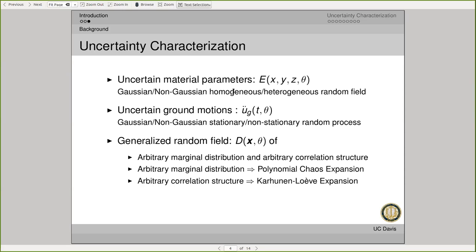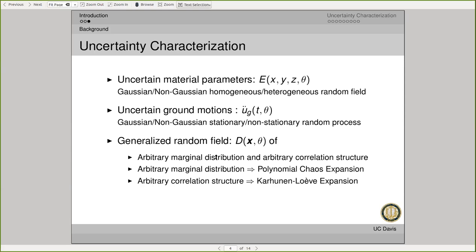We found out that both of these uncertain material parameters and these uncertain ground motions can mathematically be represented by a generalized random field, where you have a generalized coordinate system that can be either in the spatial domain or the temporal domain, and we need to quantify both the arbitrary marginal distribution and arbitrary correlation structure of such a generalized random field. In the last lecture, we already applied the polynomial chaos expansion to quantify the arbitrary marginal distribution. So today we're going to continue with the Karhunen-Loève expansion to capture the arbitrary correlation structure